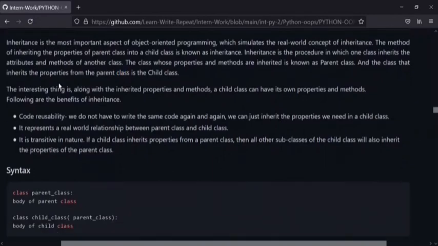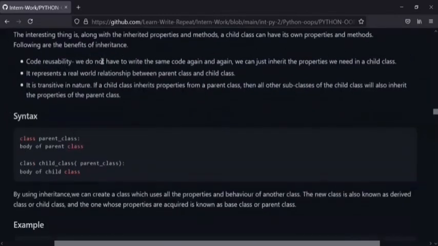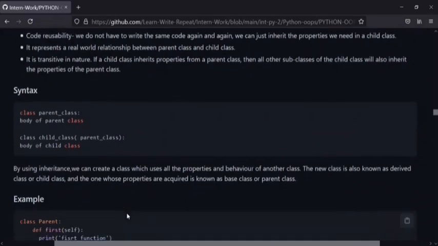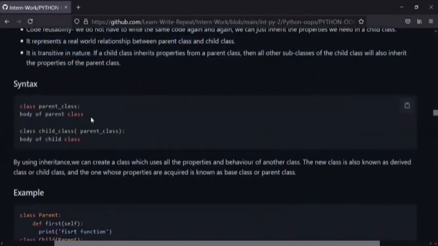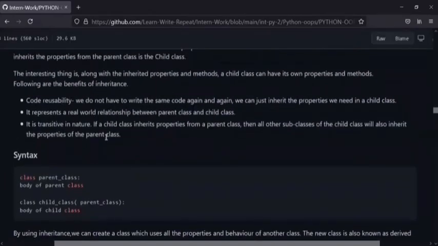The child class can also have additional properties and methods. The benefit of inheritance is code reusability. We don't need to write the same code again and again when we need to perform operations using the child class, and it also represents the real world relationship between the parent and the child class.